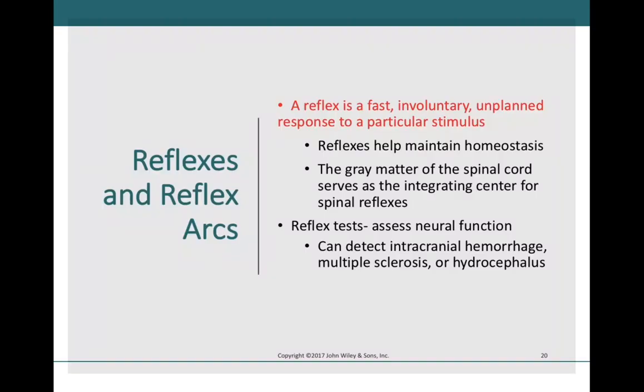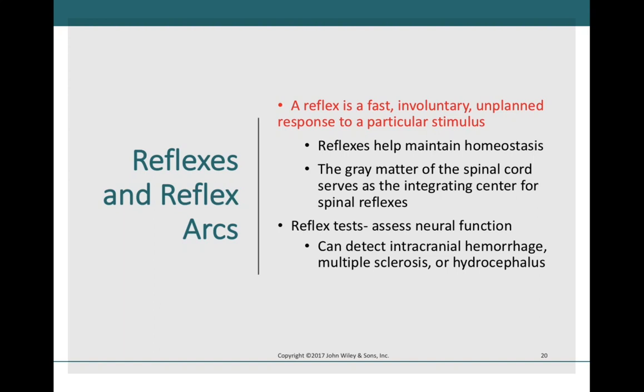So the spinal cord is our major reflex center. And that's one of our major functions of the spinal cord, is to provide our body reflexes. Reflexes are involuntary, very, very quick responses to certain sensory stimuli that comes in and affects our bodies. Reflexes can be used medically to assess the function of certain patients, and they also serve our body in a protective function to help maintain homeostasis. There are many reflexes that our